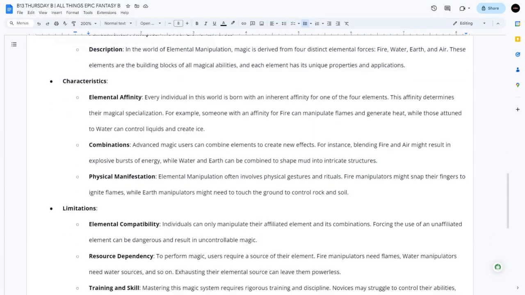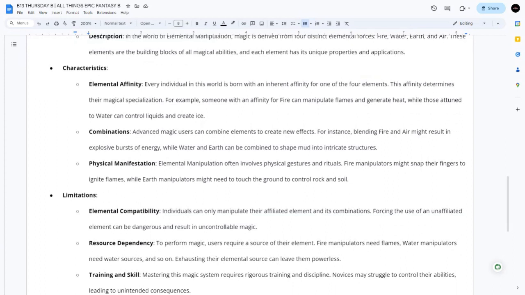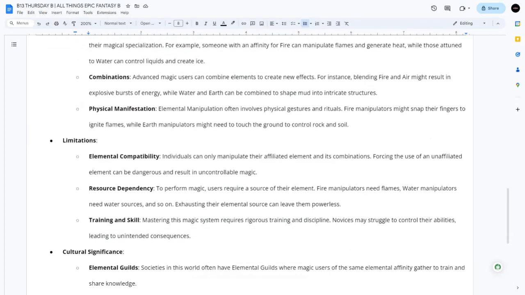What are the characteristics? Well, elemental affinity. Each individual in this world is born with an inherent affinity for one of the four elements. It basically determines their magical specialties. For example, someone with an affinity for fire can manipulate flames and generate heat, while those attuned to water can control liquids and create ice. What about combinations, right? Advanced magic users can combine elements to create new effects. For example,